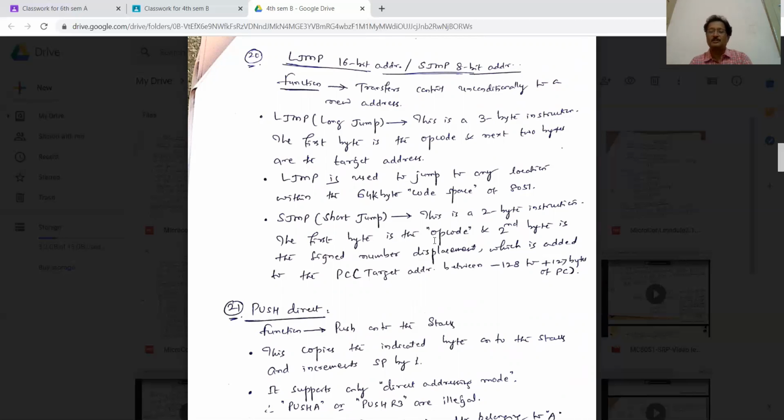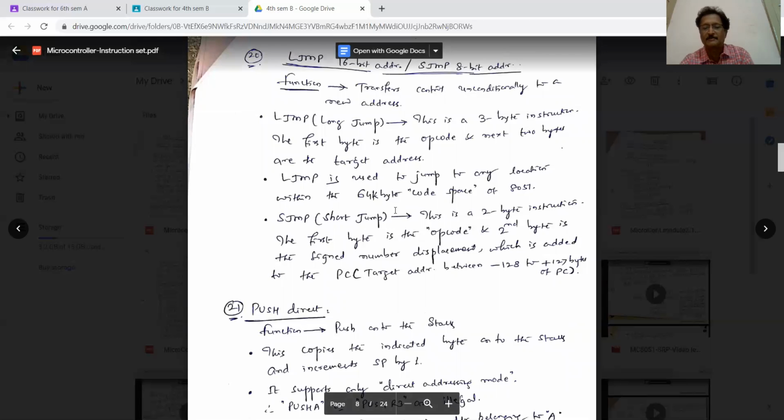In almost all processors, 0 is taken as a positive number. So that is why 0 plus 127 makes it 128. But minus 1 means left side, from the reference, minus 1 to minus 128. Whatever it is, when you add them, it works out to 256. I think the point is clear here.